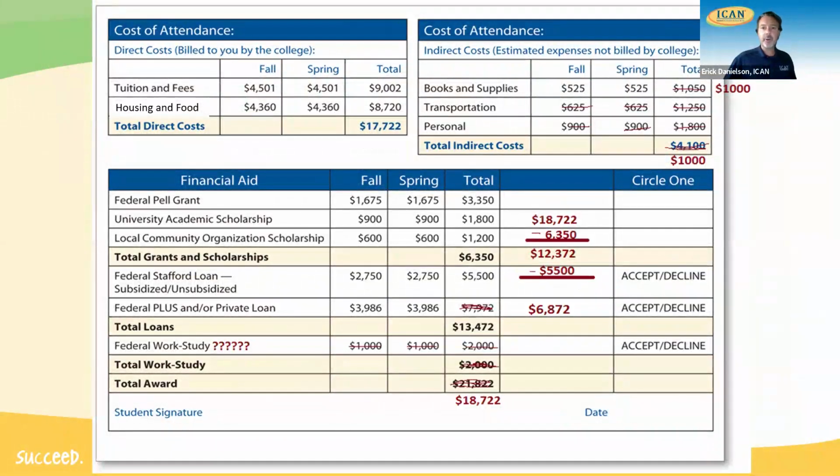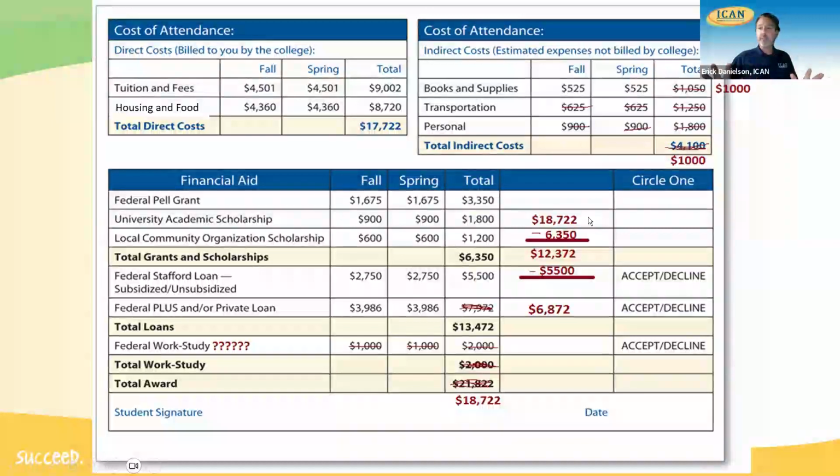Now, in our example here, let's also say that, okay, you do need financial aid for the books. You're not going to worry about the transportation or personal expenses. Transportation to or from school, you're going to pay out of pocket. The personal expenses month by month, whether the student gets a job, parents help, whatever that is, you're not going to worry about those personal expenses either. So between the books and transportation, actually that's $1,050 is what the total would be if we're looking at the books that are on there. But let's just say, for an even number, $1,000. So total direct costs plus the books, 18,722.